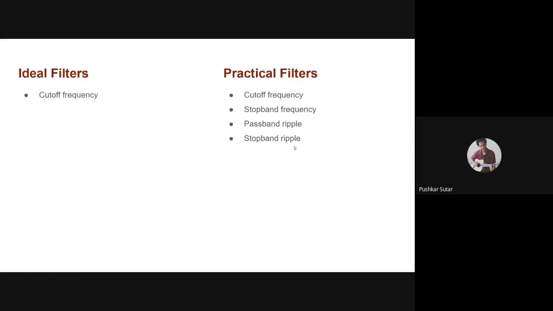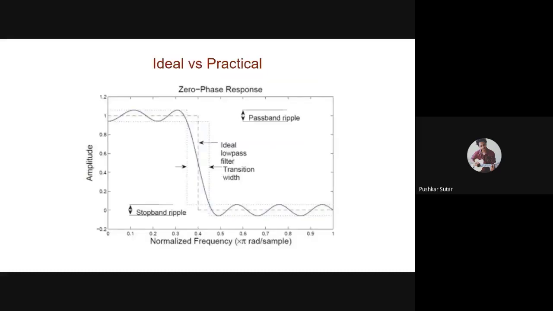Now, for practical filters, we needed 4 different things. Obviously, we needed a cutoff frequency. Then we also needed a stop band frequency because there was a transition width. The transition was not immediate. There was a width. We also needed something called the pass band ripple, a ripple factor kind of thing that Shruti explained. So what does this ripple factor exactly mean? It has something to do with the up and down, the topi vati as Najib sir says, in the pass band and stop band.